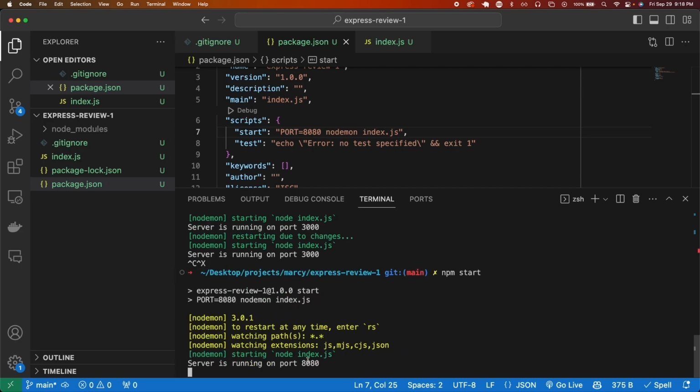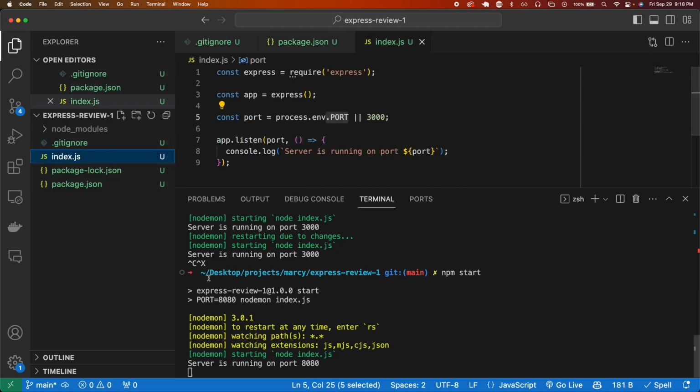ta-da! Now you can see my program is running on port 8080 because I specified the variable and we're picking it up here. And one last little trick before we move on here. See how this says servers running, this is just a string over here. This whole thing is just a callback function that fires once your app is successfully completed building and listening to the port. But this isn't a super helpful message. What we can actually do